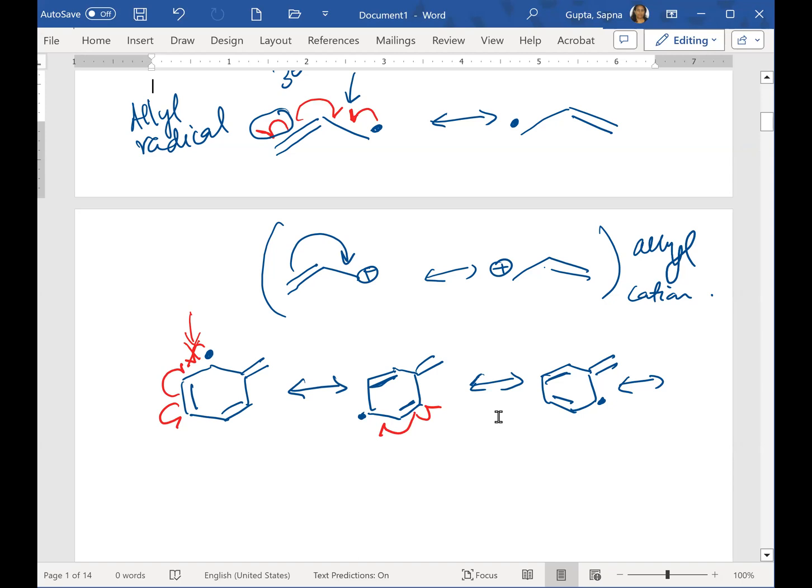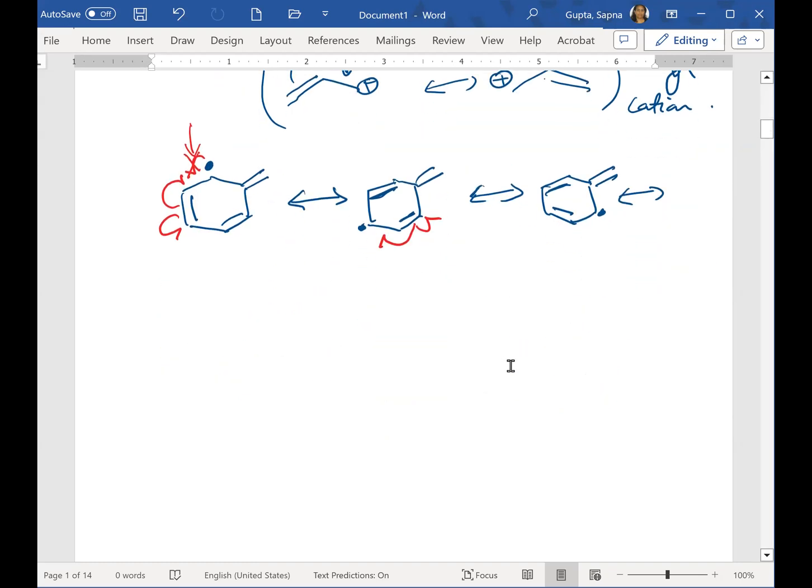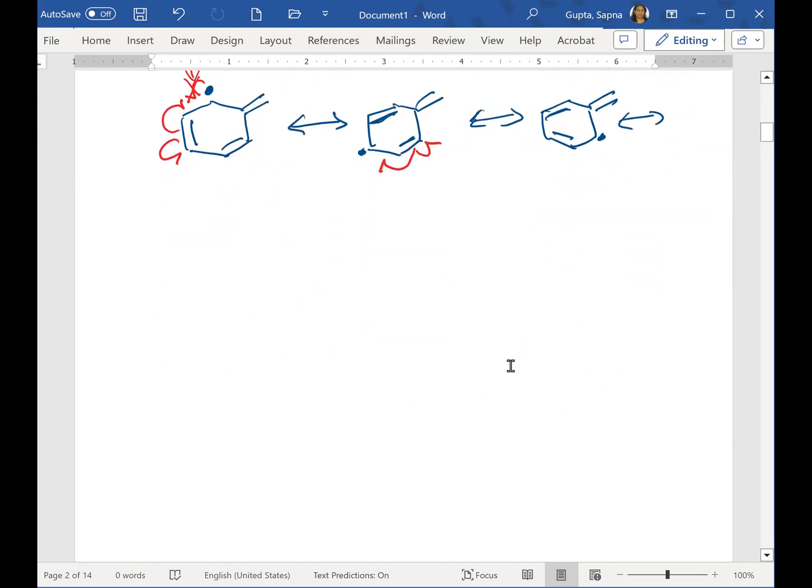And that's resonance, okay? And you can't forget resonance, okay? So you have to keep writing resonance structures all the time. All right, so now let's look at